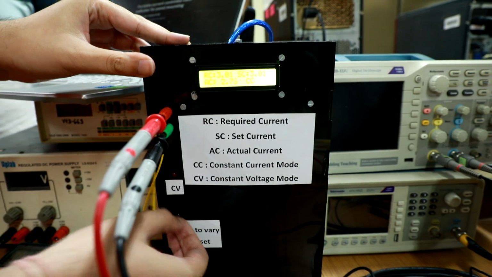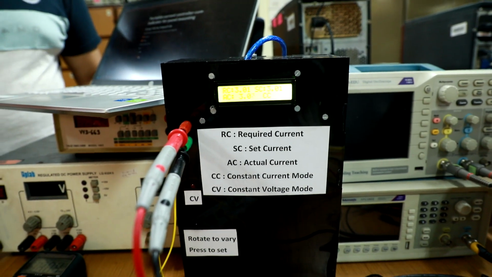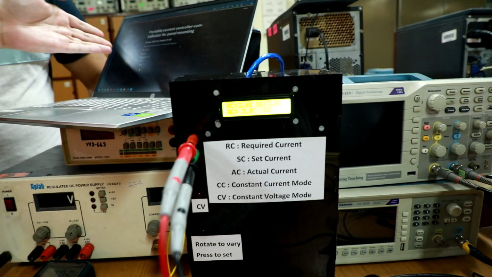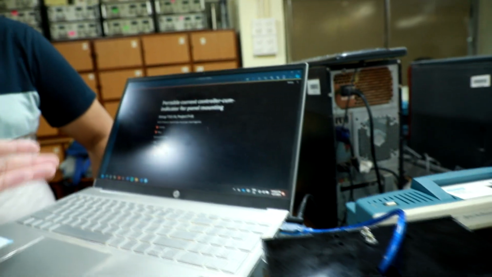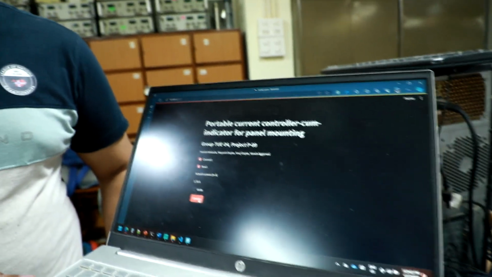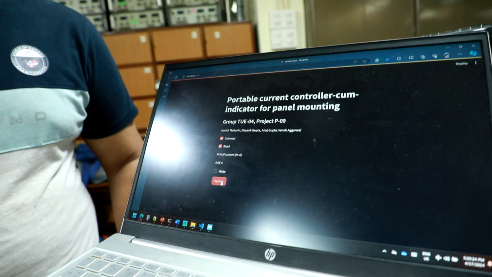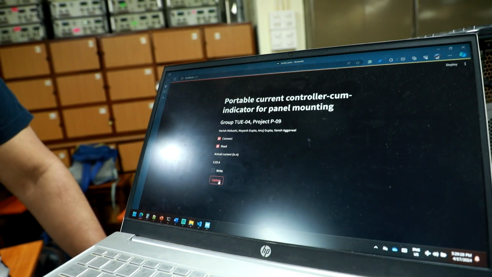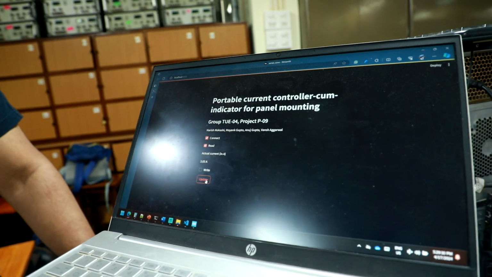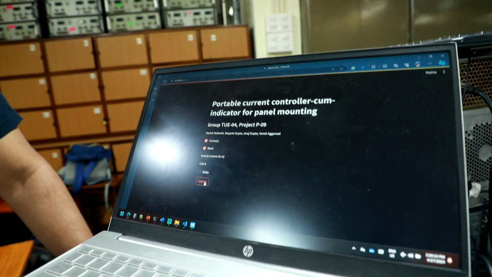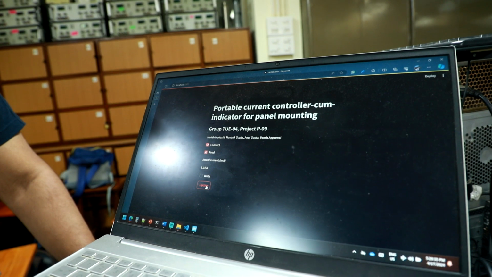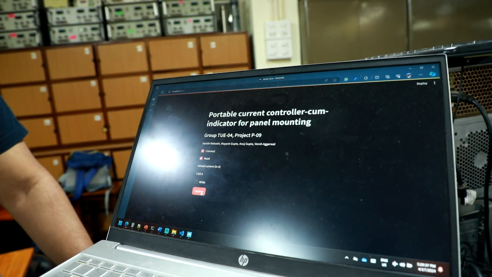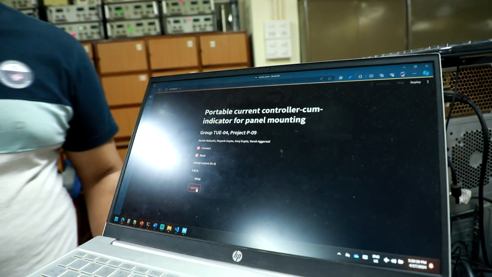What is the purpose of this? We can observe current on the laptop and see different characteristics about the load we have connected. Like if you have a motor, you can observe the current flowing through the motor and see how much the motor has turned. You can observe a motor, or connect a thermistor across it and then check the temperature characteristics of it too.